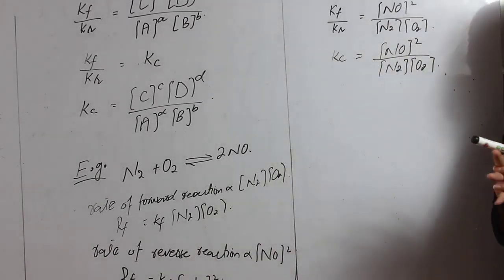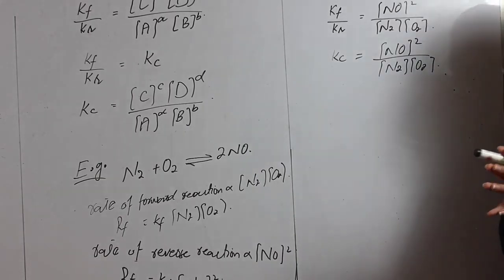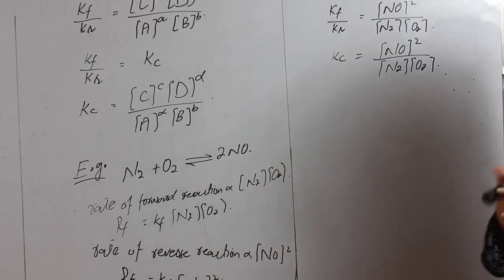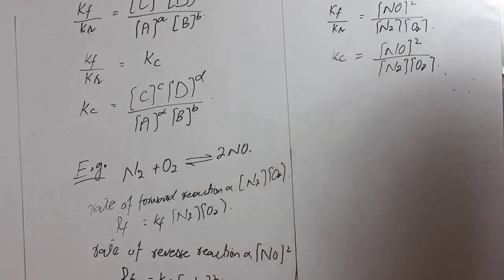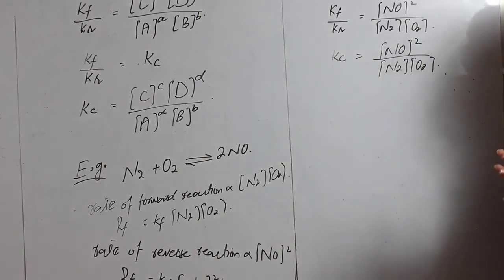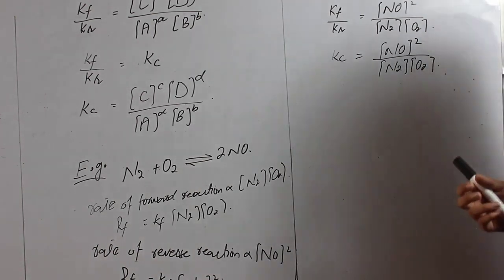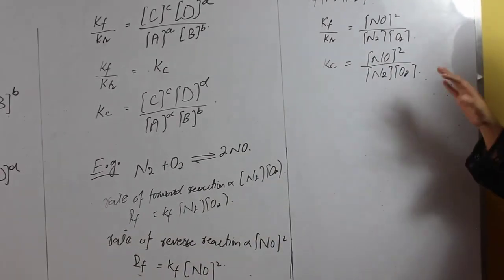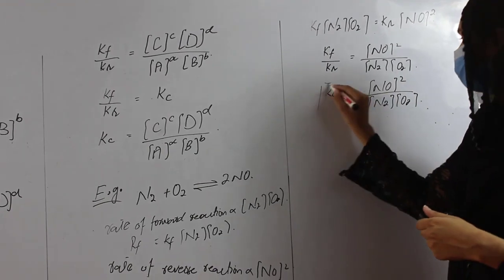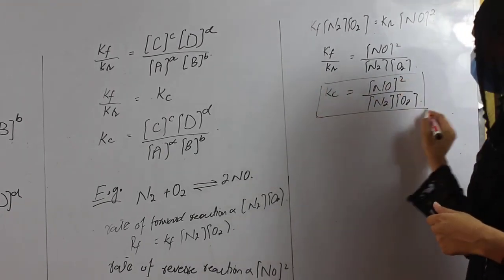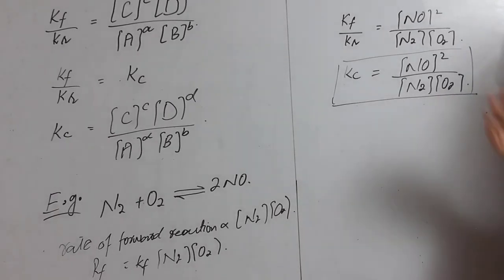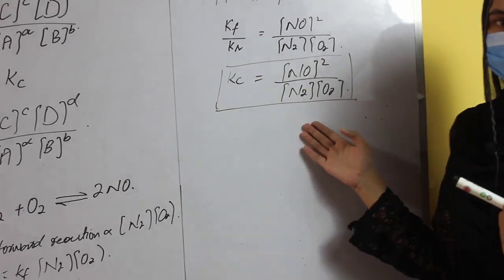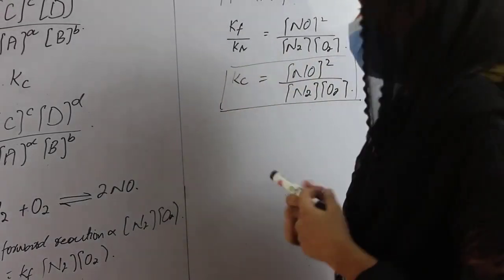When we take the general expression of this equation, first of all we do the rate of the forward reaction, after that the rate of the reverse reaction, and at the equilibrium position we put the values of the forward and the reverse rate and then apply the cross exchange method and get a constant, that is the equilibrium constant value, that is the active mass of nitrogen oxide raised to its number of moles, that is 2, over the reactants, that is nitrogen and the oxygen gas.